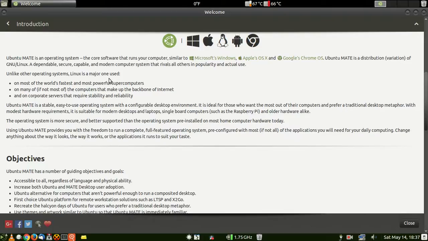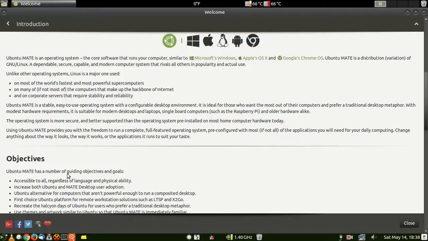Linux is a major one used on most of the world's fastest and most powerful supercomputers, on many of, if not most of, the computers that make up the backbone of the internet, and on corporate servers that require stability and reliability, which tells you something about Ubuntu, Linux, all of that, the open source. So,